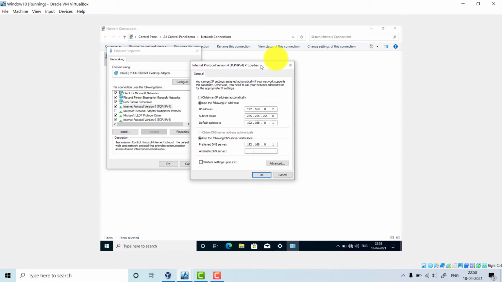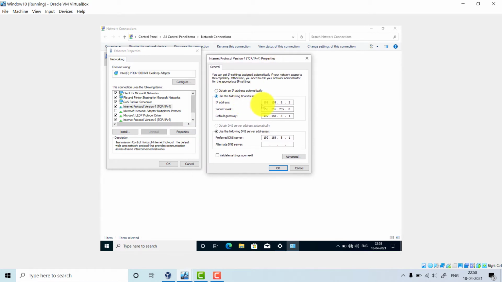Now see here, students, I had given the IP address manually. If you are following along with me throughout the playlist of the network management administration practicals, then you know that we have given the IP address manually. This is the manual task.